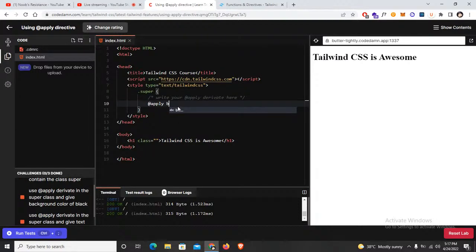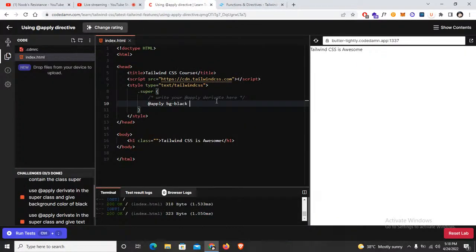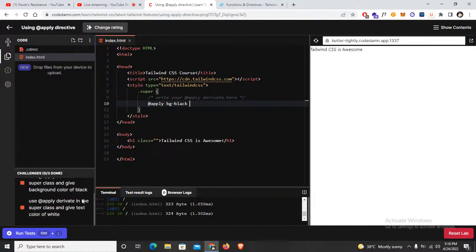Apply में हमने कर देना है bg-black. Bg-black and apply that to the super and give text color of white. टेक्स्ट को कर देना है हमने white।